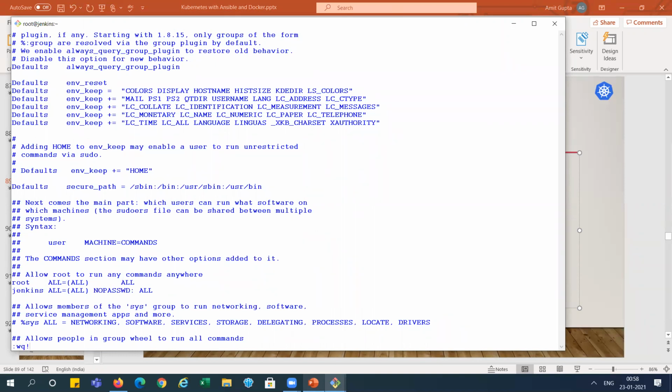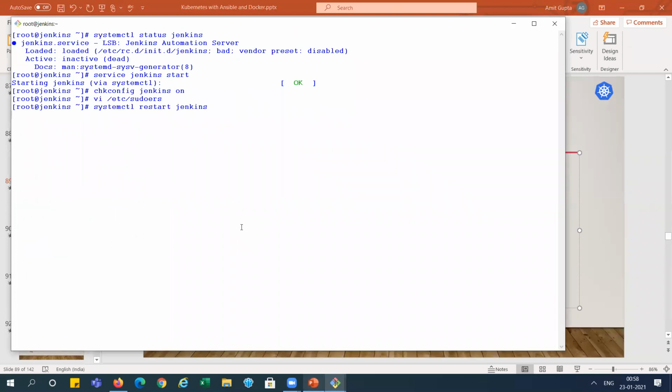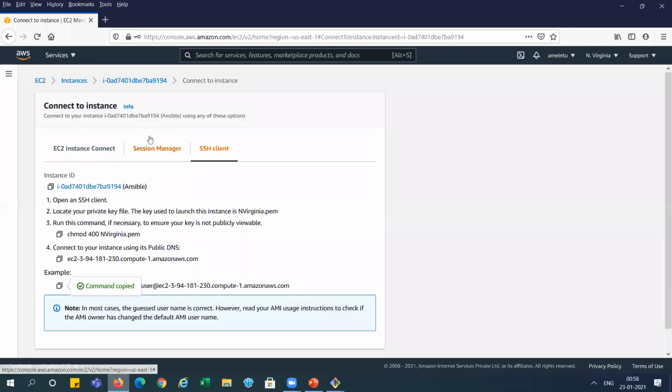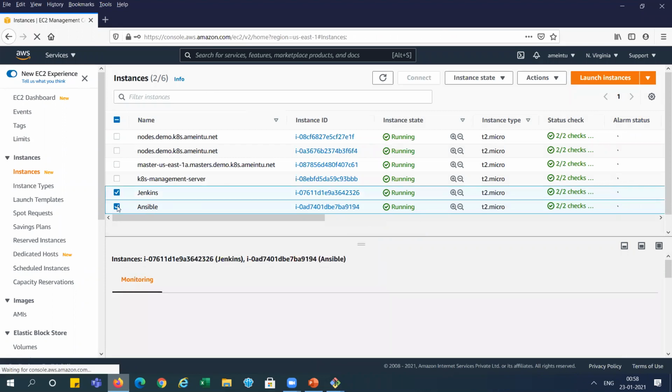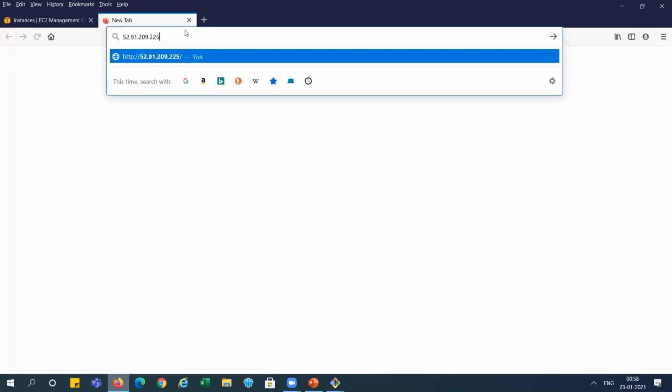Now I'm saving this file, right? Now we need to restart the Jenkins service. It is done, right? Now we can go and test the Jenkins public IP, right? Now we can see here in the AWS console, Jenkins, this one is Jenkins, and this public IP we can copy here, right? And I'm running it here, right? Port 8080.